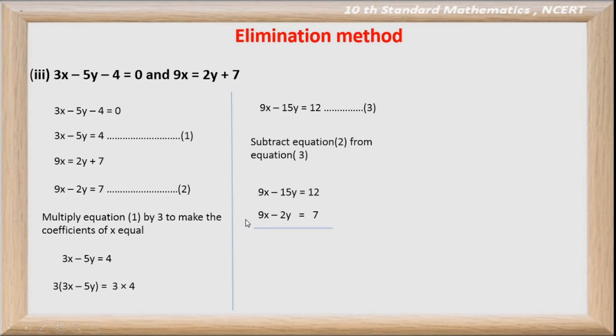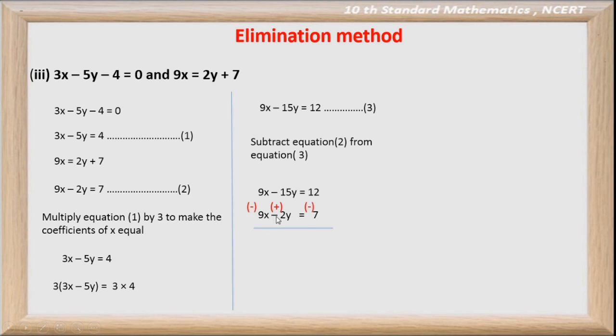How are we subtracting? For subtracting, we should change the sign and do normal addition. After changing that sign, we do the normal addition. Like that way, we can subtract. So here, in the second equation, which one is going to be subtracted? That equation's sign is changed. That means the second equation, 9x minus 2y equal to 7, so we should change the sign of this equation.